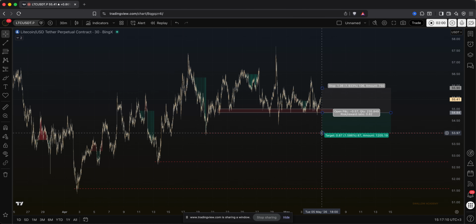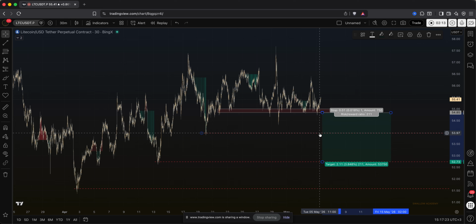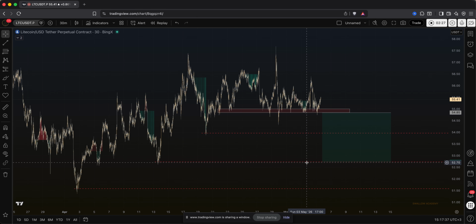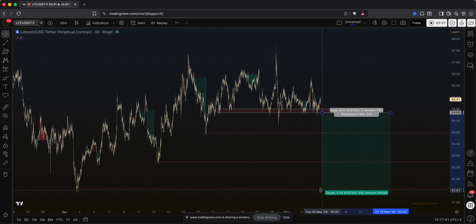But again, if we see the breakdown, this is just the first stop for us. This would be the major target. The major target is a 1-to-2 risk and reward ratio setup. Now, once we reach this zone here, we are going to move the stop loss to the entry. We might not take any kind of profits here, maybe take like a maximum of 20% of the profits. But eventually we would be securing the majority of the profits near this area, which is the 52.7 mark, and then of course this area here, which is